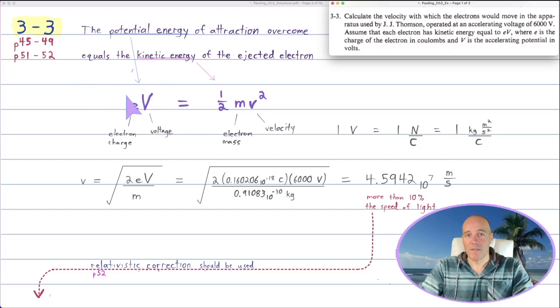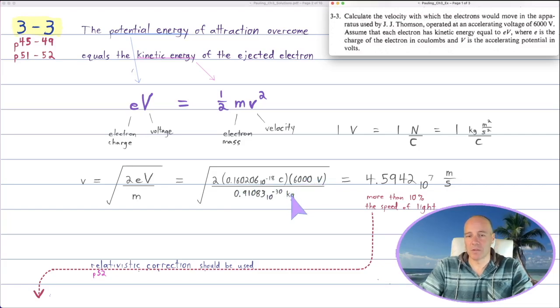We set eV equal to the kinetic energy, and we know the expression for kinetic energy from physics, 1/2 mv squared, where little v is the velocity. Solving this for the velocity, we get velocity equals the square root of 2eV over m. And plugging in everything, 2 times the electronic charge times the applied voltage, 6,000 volts, over the mass of the